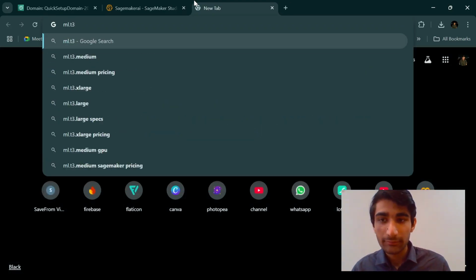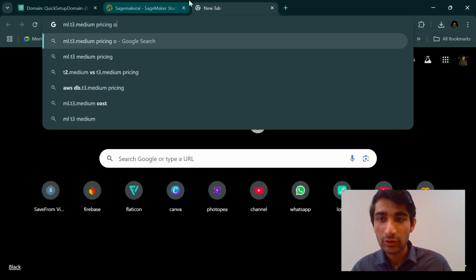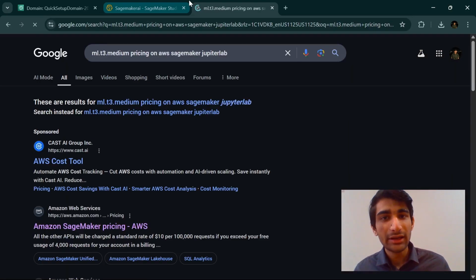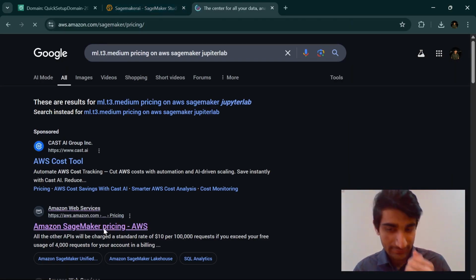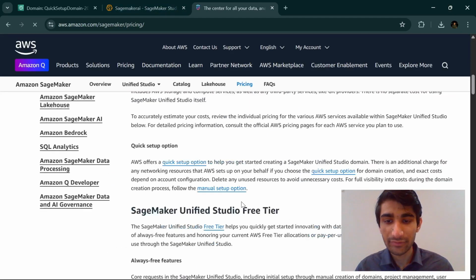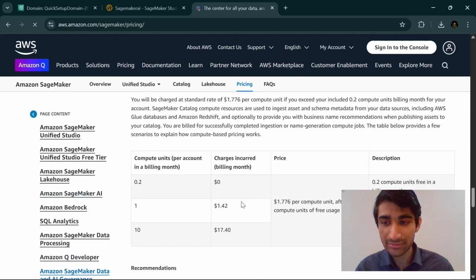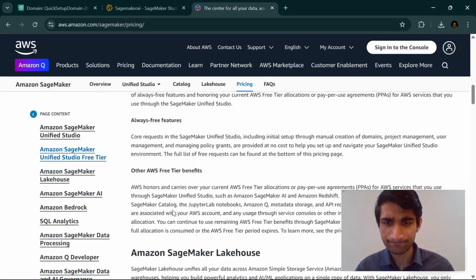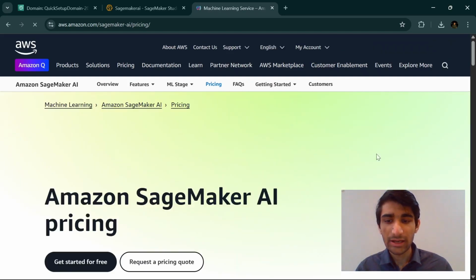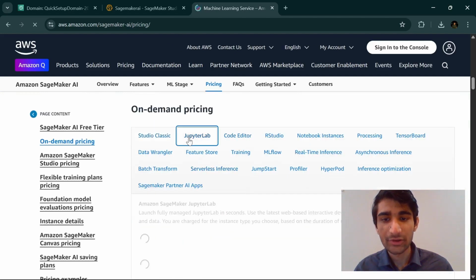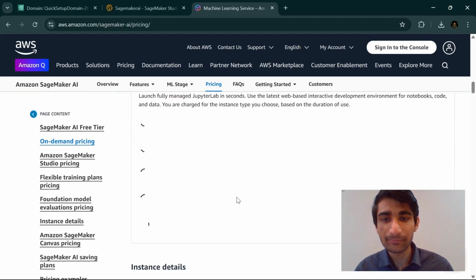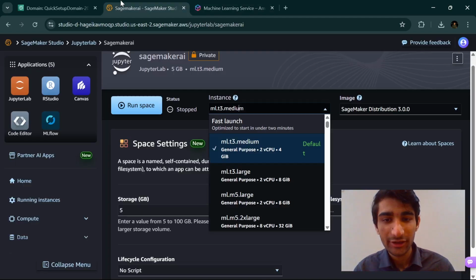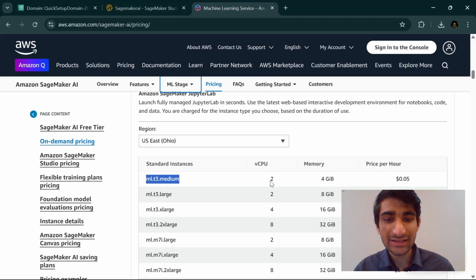ml.t3.medium pricing on AWS SageMaker Jupyter Lab. Let's see what the pricing is, and let's wait for some seconds and then we will be redirected over here and you can see pretty much what I see. Okay, I'll click on SageMaker AI and then I will click on Jupyter Lab. In Jupyter Lab, if we try to use this ml.t3.medium, just wait for some time. It will load according to your region. We have this ml.t3.medium over here. So what is the pricing for that? The pricing is that it's just